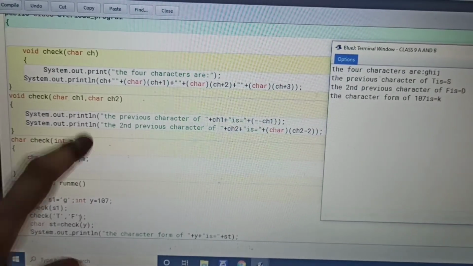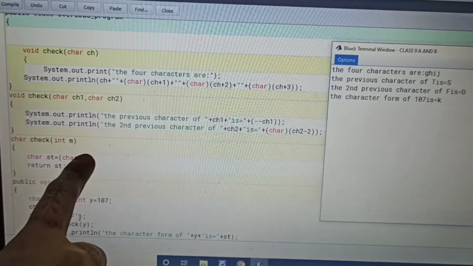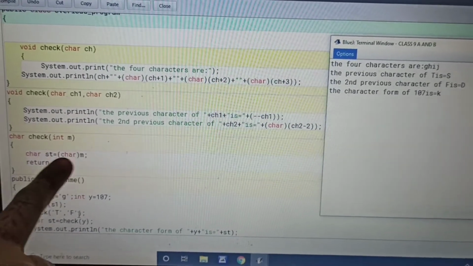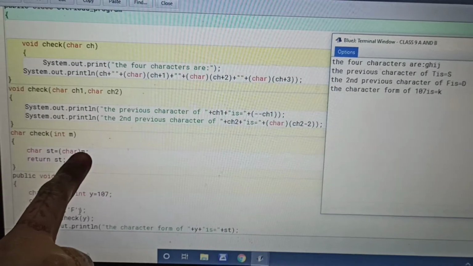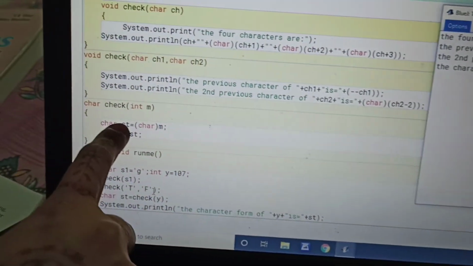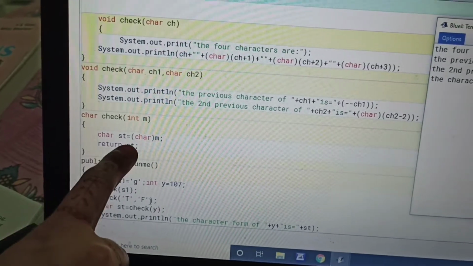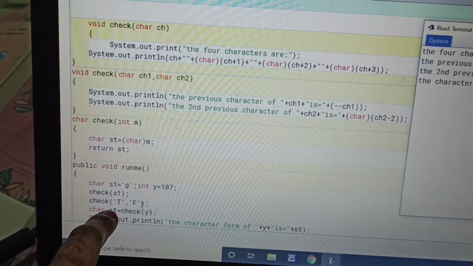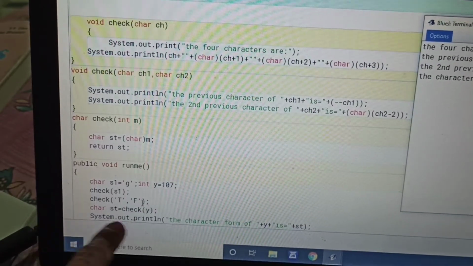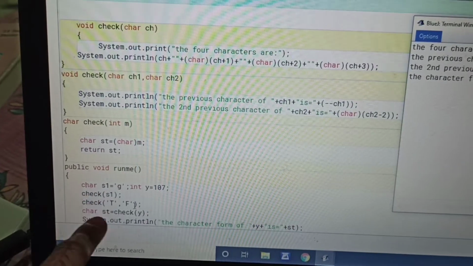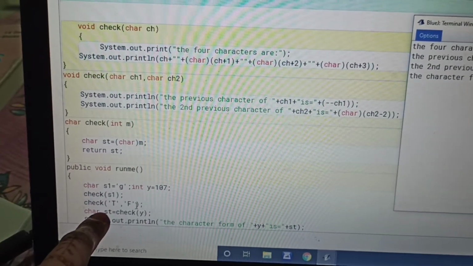Here int m is typecasting. I want to change its data type, so char m, and whatever value is stored in m is going to be stored in st. And here return st means this st value is going to be stored again in this st, char st. It is not given any